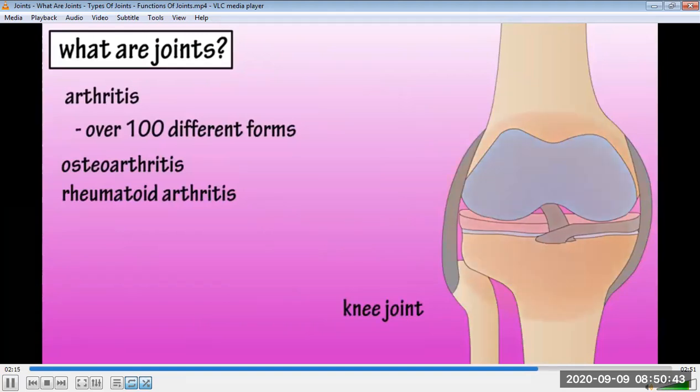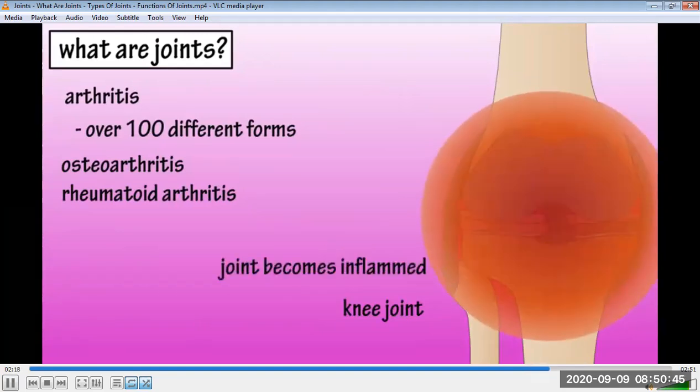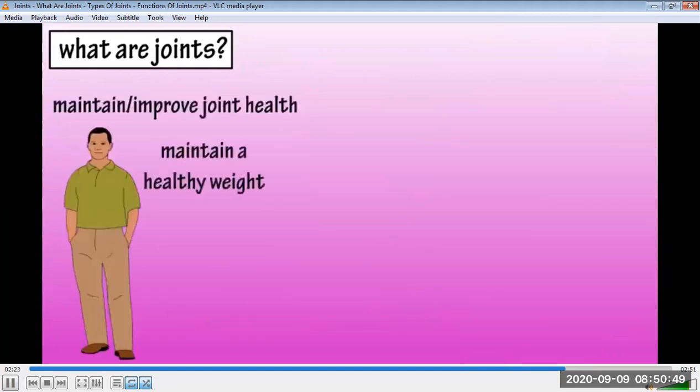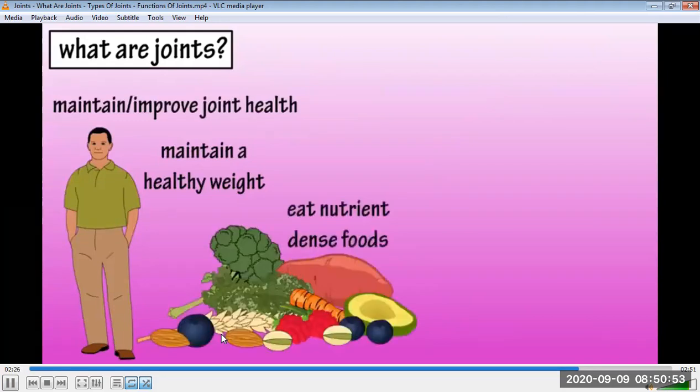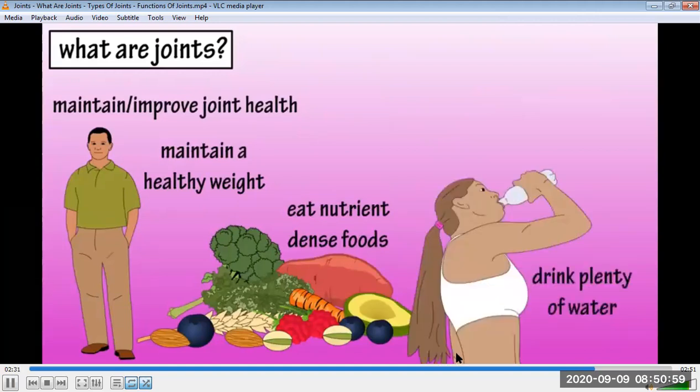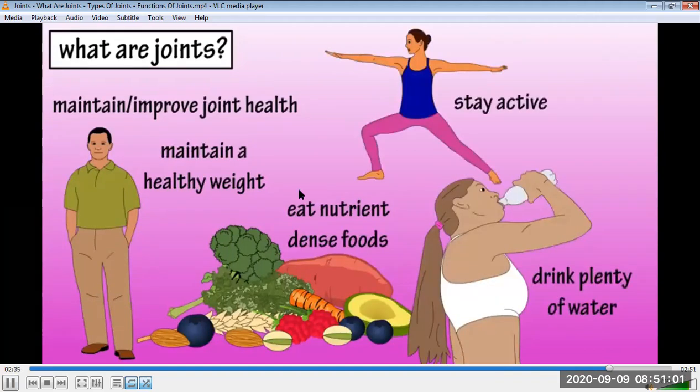Rheumatoid arthritis is a disorder where the immune system attacks body tissues. Things you can do to maintain and improve joint health include maintaining a healthy weight, which will put less stress on joints, eat plenty of nutrient-dense foods like fruits, veggies, whole grains, and healthy fats, drink plenty of water, which can help joints stay lubricated, stay active, stretch regularly, put